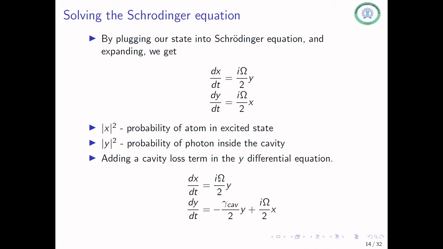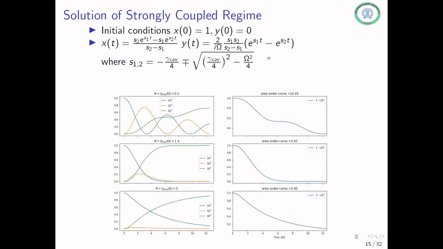So if you remember, our emission rate was proportional to the number of photons, which is proportional to mod y squared. So in y, if you look at how it evolves exponentially, you'll see that this factor of 2 is justified. And so you modify your differential equations by adding this cavity loss term to this system, and then you can solve it by putting in your initial conditions, and this is the solution. Of course this looks kind of daunting and you can't really see what's happening, so you can plot out mod x squared, mod y squared, and mod z squared.